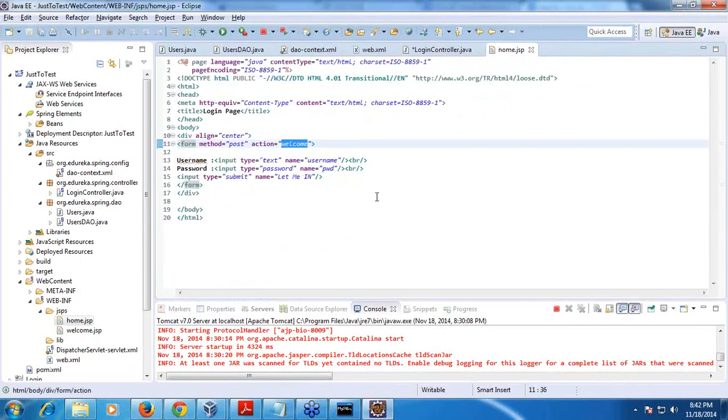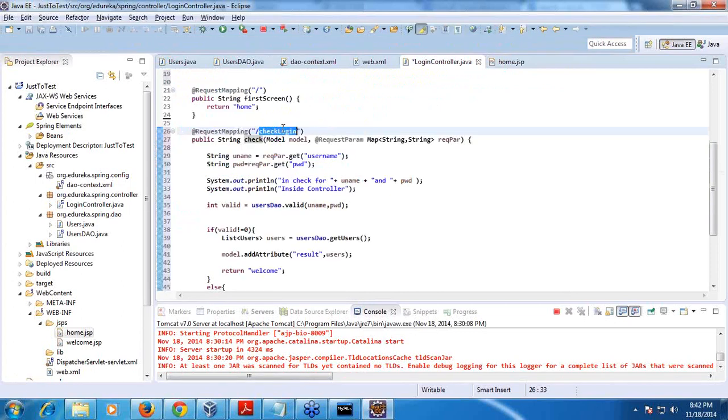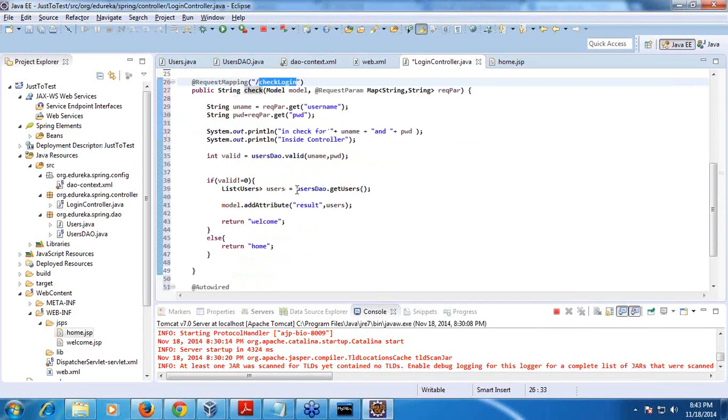Once I do this, I am passing this to the servlet, sorry, the Java context. So now the Java context will find check login, and then it will call this DAO get users, based on validity. If it is a valid user, I am calling all the users which are there in the DAO class, which I have written.